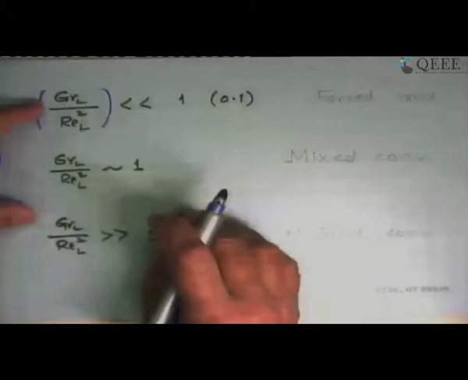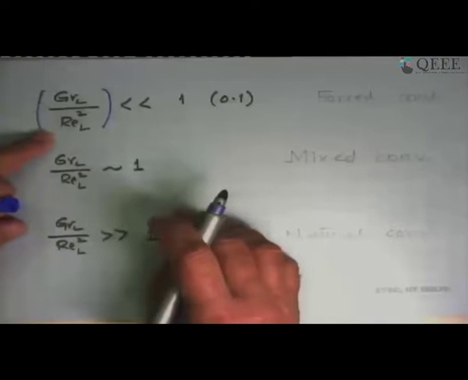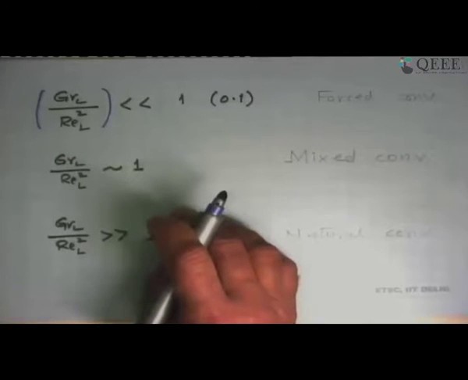And now let's try to put together some criteria by which we can say, okay, if I check this thing, I can say this is natural convection. If I check that thing, I say it should be forced convection. And the parameter that we will check is what we have just put together, the Grashof number based on the length parameter divided by the Reynolds number. I have put the same length parameter here, but in a minute let's take an example and we'll see whether the same length parameter actually makes sense or not.